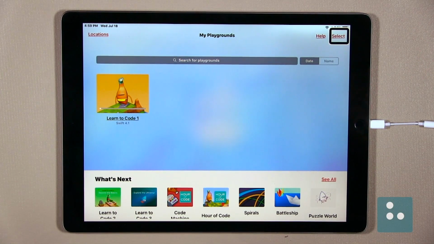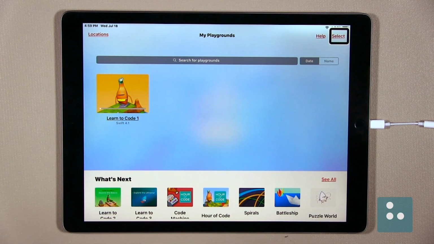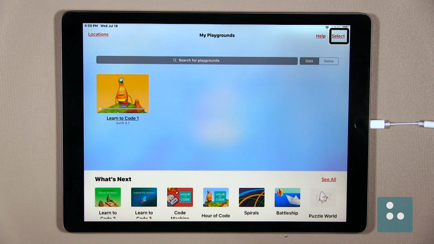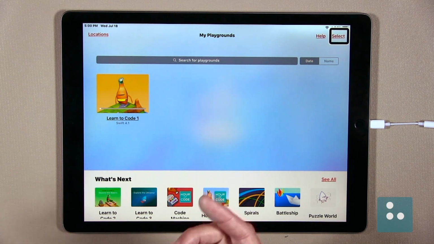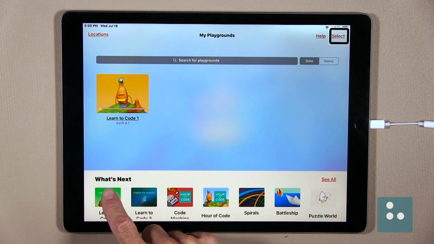Okay, the last thing that we'll check out here on our My Playground screen is our list of additional content down here for downloading. And Apple actually calls this list our What's Next list. Kind of handy for when we're looking for what to do next. Now, we mentioned earlier that our additional content is listed across the bottom edge of our screen. They're listed very similar to how our tabs would be located. So we'll just simply touch in the bottom left-hand corner of our screen, and we'll locate the first of our additional items here. So we'll just touch.